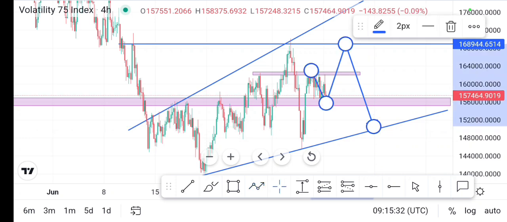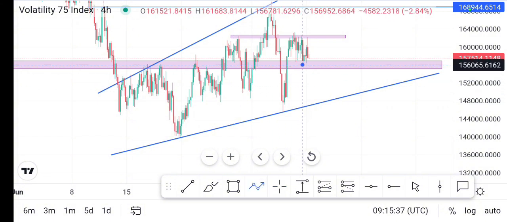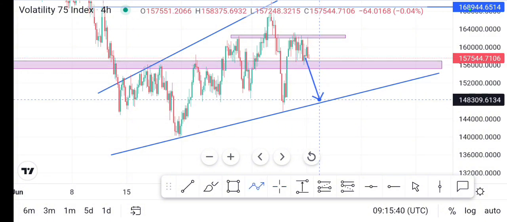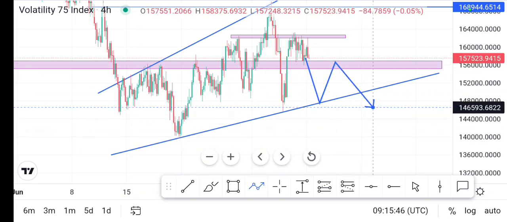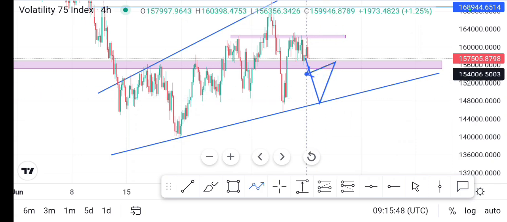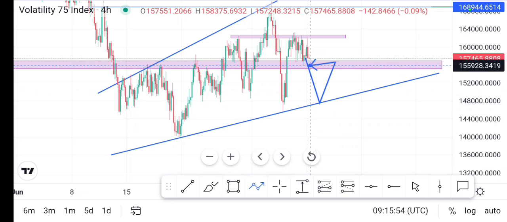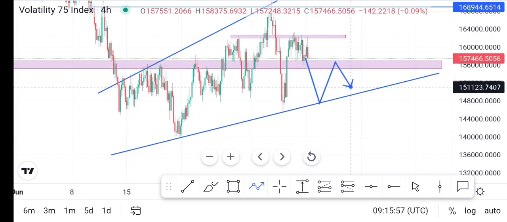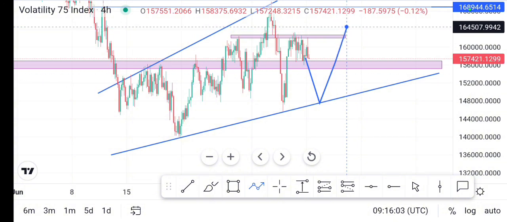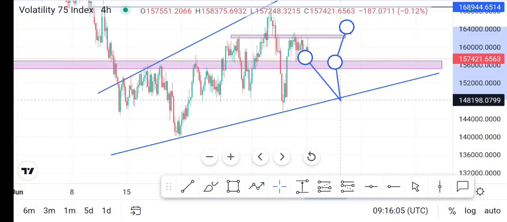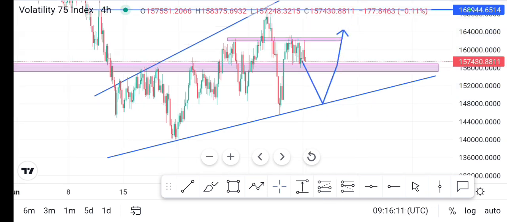If that does not happen, there is also a possibility of the market breaking below, coming to touch here, coming back and making a retest of this area, and then we break the overall trend line. Or we can come and make it just here, because this is a first touch, and here we have a second touch. There is a possibility of the market coming up here and then making a third touch, and then it continues to go up. Some touch can happen here, and then the market continues to pump up.